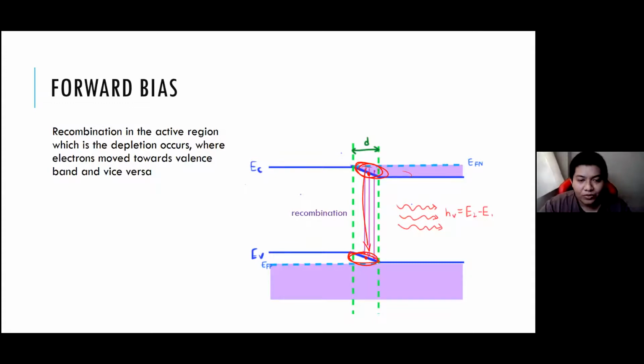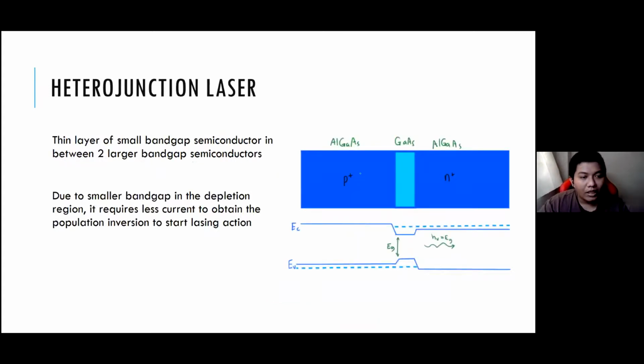So in this case, since we have more electrons on this part, this is also what we call a depletion region or active region, and the recombination would happen at a very, very high scale. And there will be a lot of photon emission. And we also have a heterojunction laser, which is a small band gap semiconductor in between two larger band gap